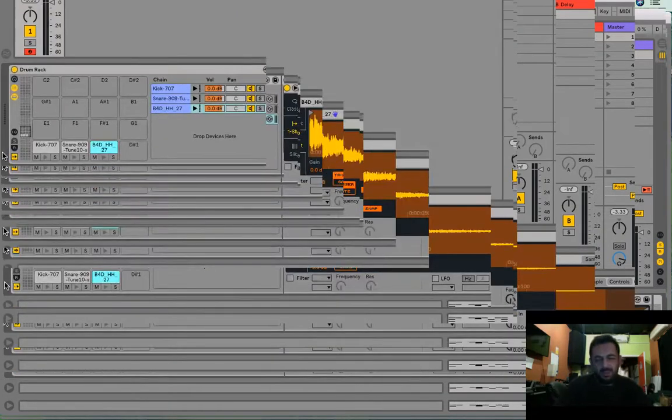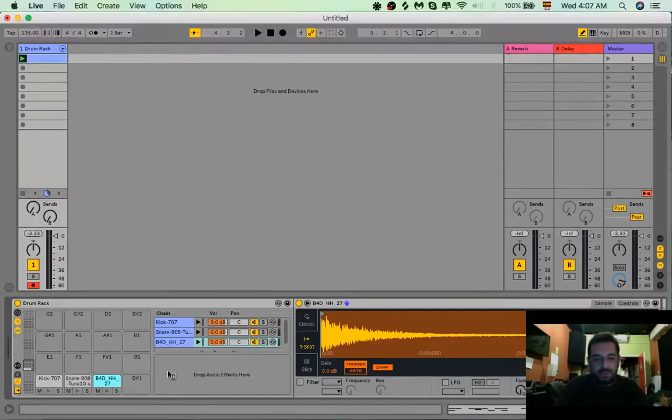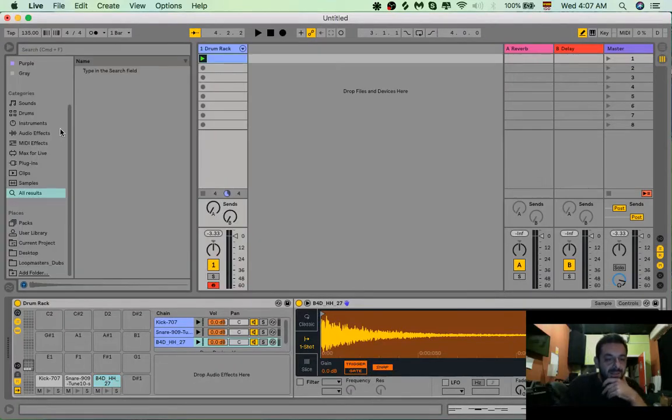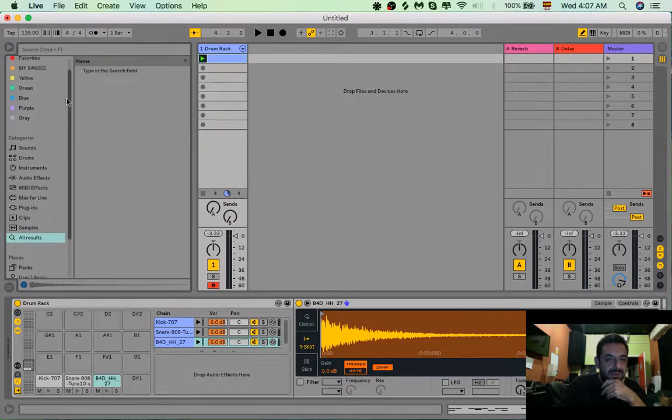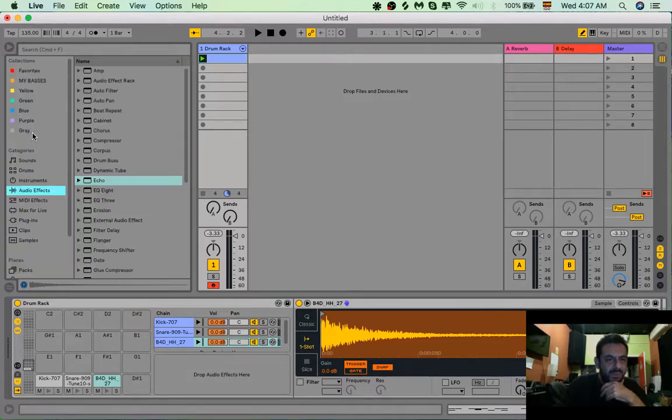The other day when I was making zoom it was glitching a little, so I'm gonna wait just a few seconds and see that it's not glitching anymore. Alright, so here there is a couple of buttons for send and return. So if we open return, now I can drop in this area effects that are gonna be working in a send and return scenario. So audio effects,